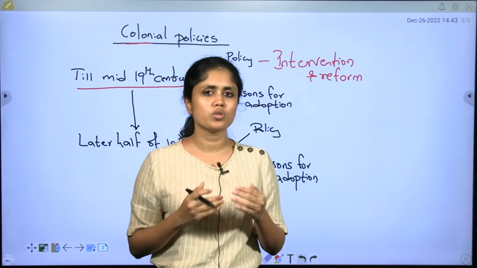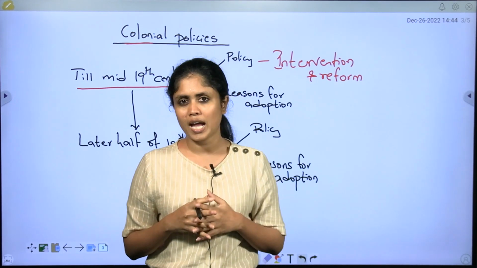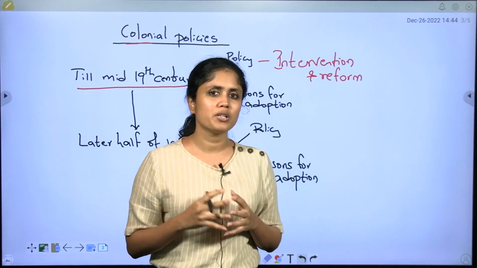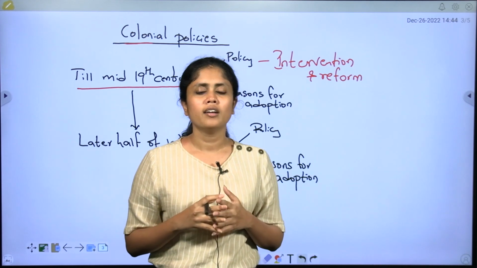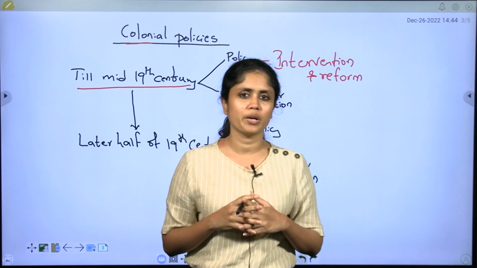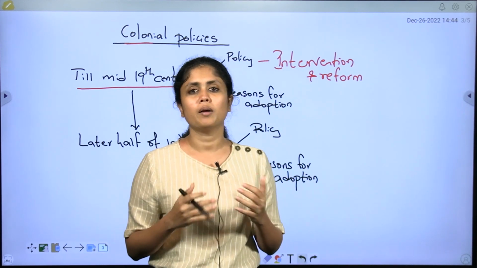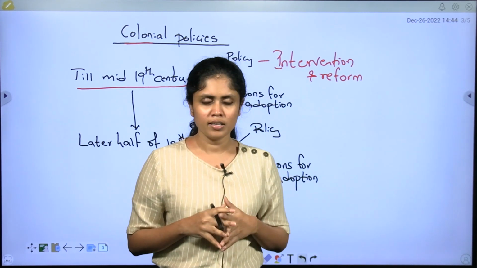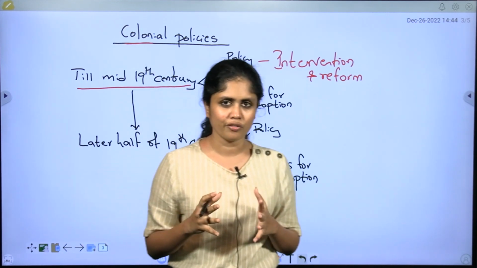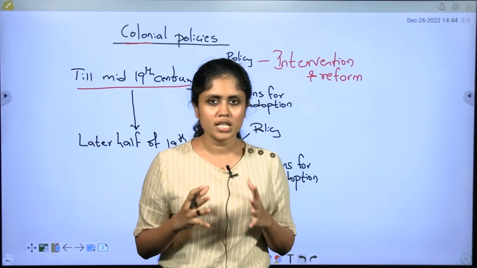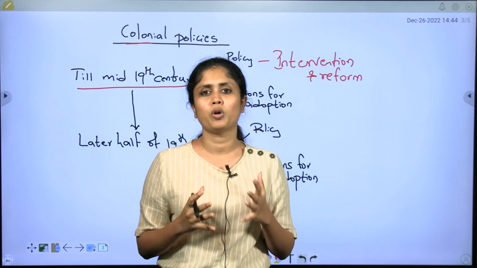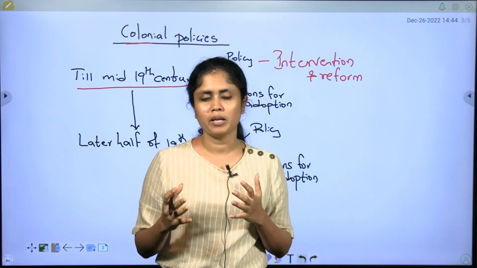And they also introduced the concept of private ownership of land in order to collect land revenue. So they declared the tribal chiefs as owners of the land, and this concept of private ownership was completely alien to the tribal communities because they followed communal cultivation till then. Right? So these were some of the reasons why Britishers followed this policy of intervention and reform: because of the backwardness and because of some of the values which are not consistent with modernity, and also because of some economic considerations.